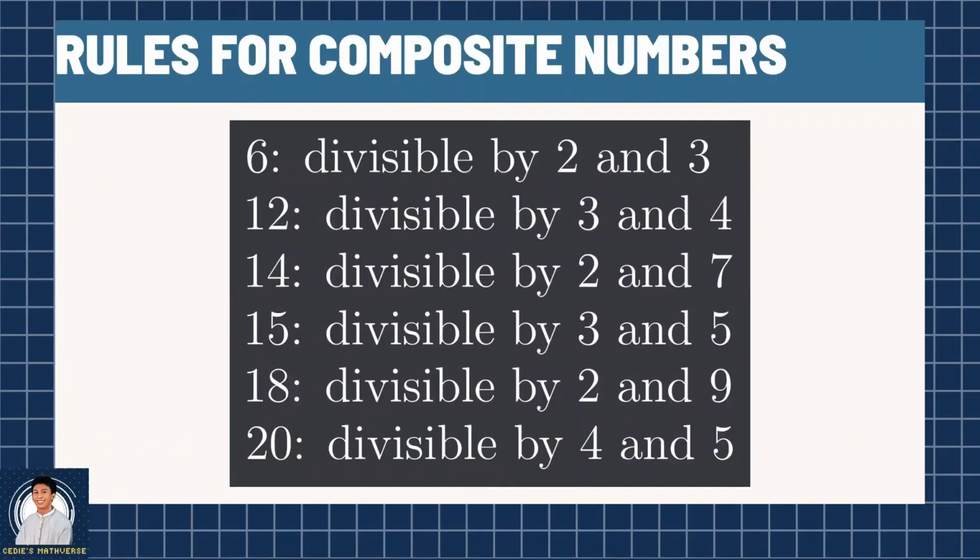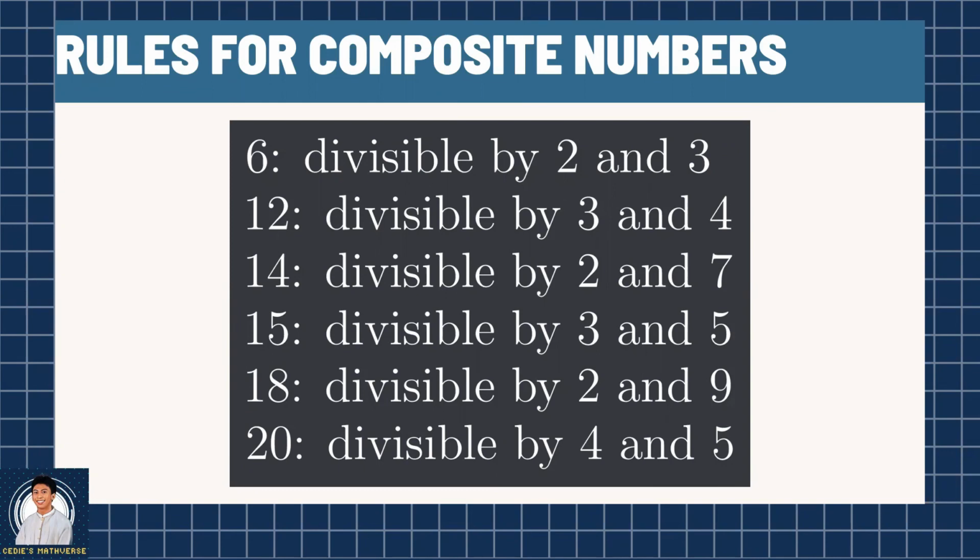Now, we will state the rules for the other composite numbers that haven't been mentioned in this divisibility rule video. So we have 6, which must be divisible by both 2 and 3, which are both discussed earlier. Then the same goes for 12, which has to be divisible by 3 and 4, which both methods are discussed earlier. 14 divisible by 2 and 7, 15 divisible by 3 and 5, 18 divisible by 2 and 9, and